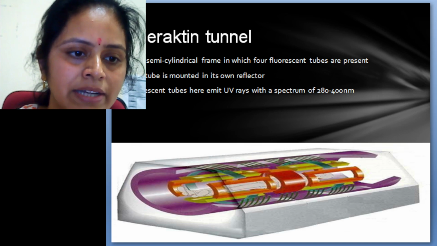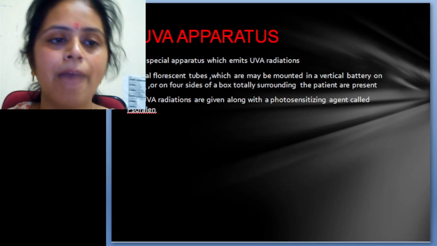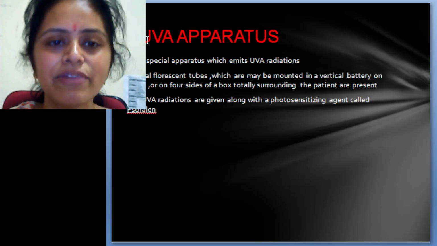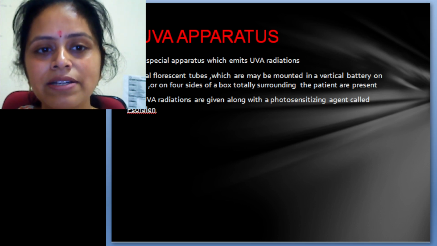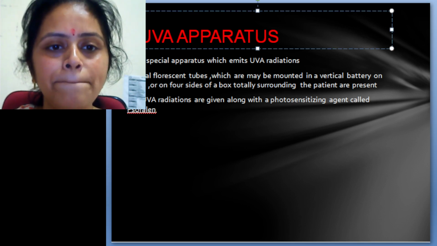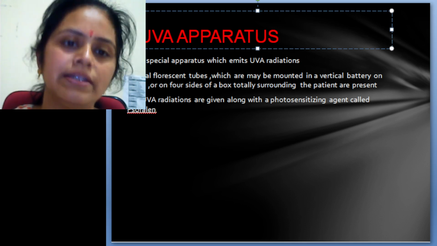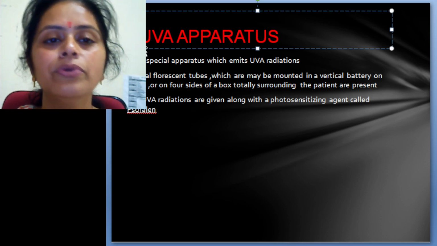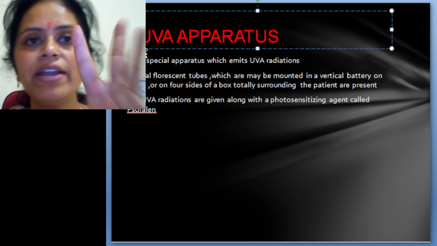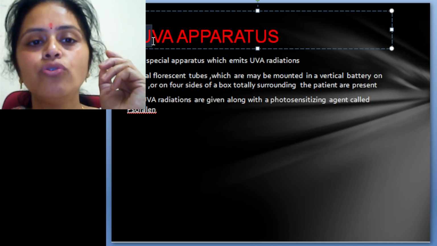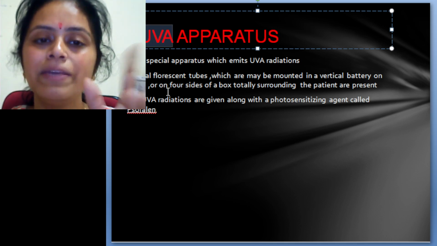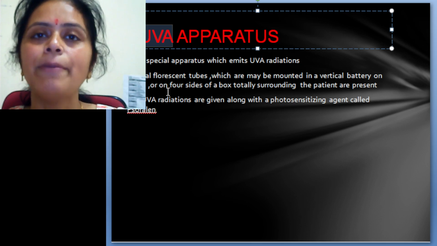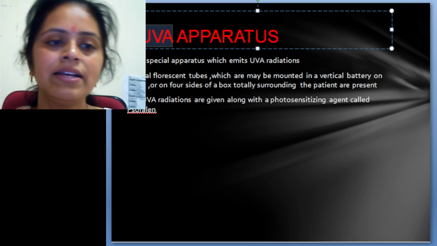The next apparatus which we are talking about is the PUVA apparatus. Let me discuss this. This is very interesting. Why? Because, as the name indicates, P is a photosensitizing agent known as psoralen. And UVR, I have already told you, contains three types of wavelength. The first is UVA, so basically PUVA is emitting only the wavelength covering